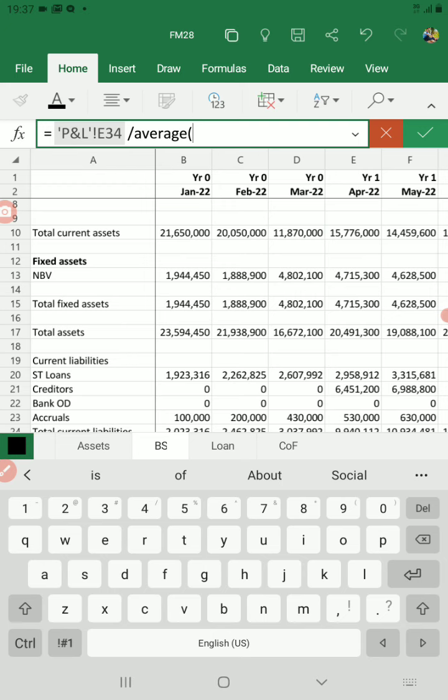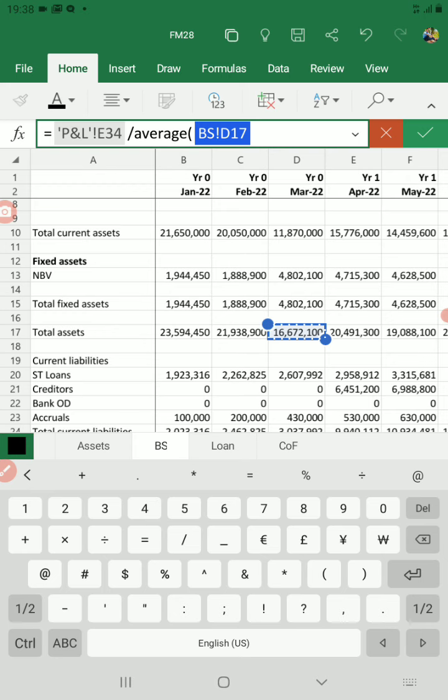Okay, now if we want to measure total assets average, we want to take the average total asset at the beginning of April, which is at the end of March, and at the end of April. So we will take the average from here for the March figure, total asset for March figure. If I try to drag, I normally get a problem doing that using the tab, so I'm using the long way here of putting